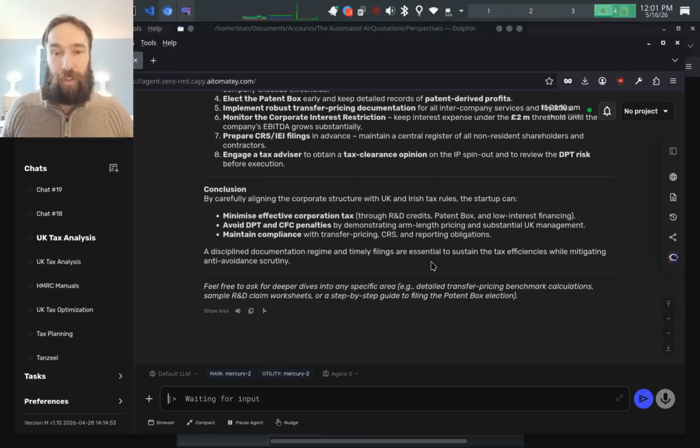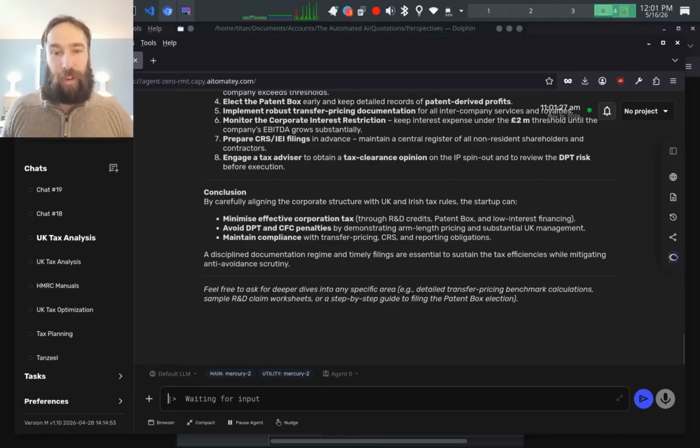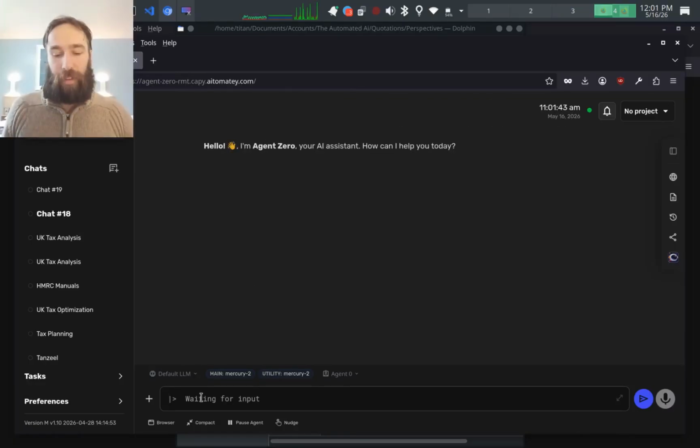There's also the option to add all of the UK legislation from the 1200s all the way up to the present day in with its knowledge. So that way, if you were dealing with trusts, it has all the historical references for trust law going back for centuries. This next one is quite relevant for